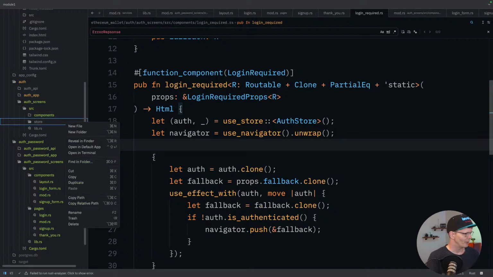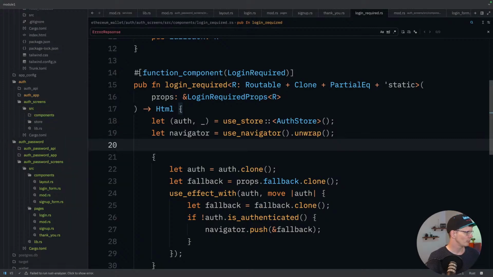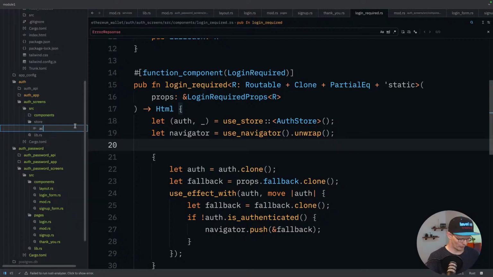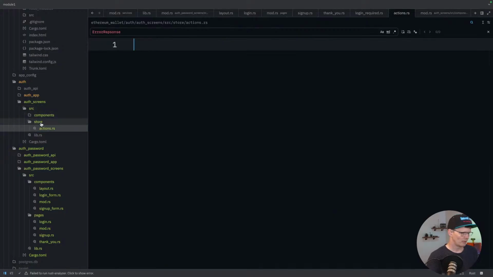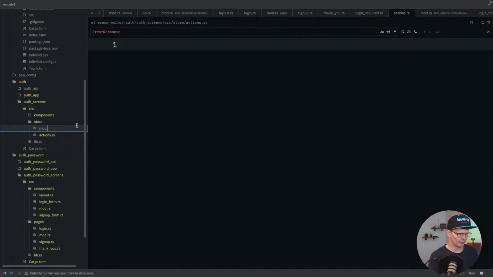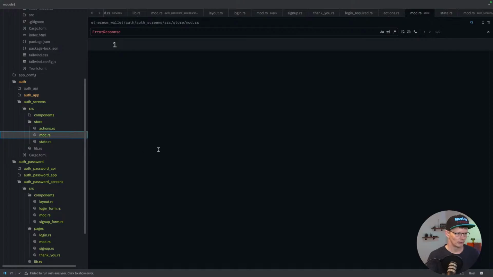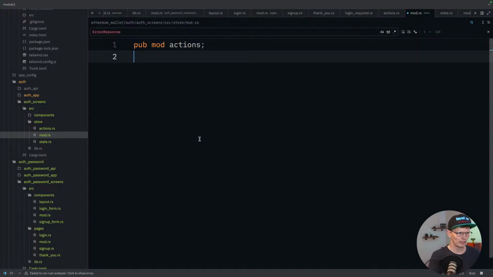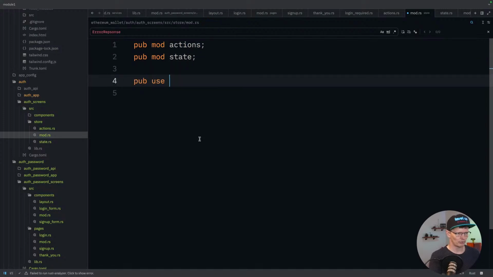And so if you recall from our previous videos, we did another store for the wallet itself. And so you'll know that we'll need to have actions. We'll need to define the module file. And we'll need to define a state file. Right, and inside this one, it's as simple as can be. We're going to define the modules, action, and state, and then we're doing pub use actions, and